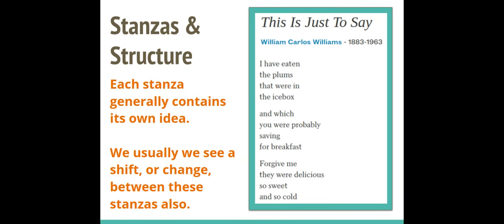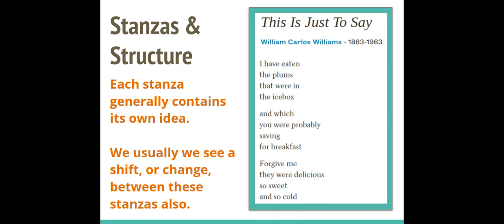And generally, when you're looking at a poem with many stanzas, the poet usually is going to have one idea in each stanza. So each stanza will have kind of its own main idea. And as the poem continues, this is where we will usually see a shift or a change from one stanza to the next. Let's take a look at how this works in the poem "This Is Just to Say" by